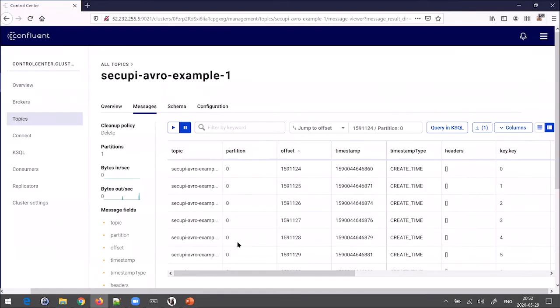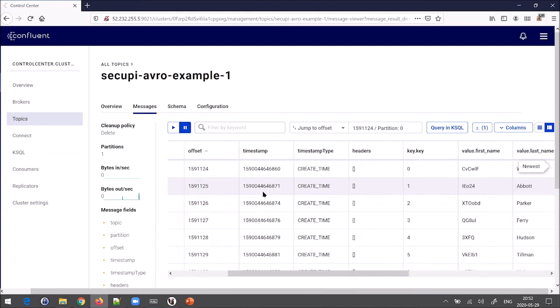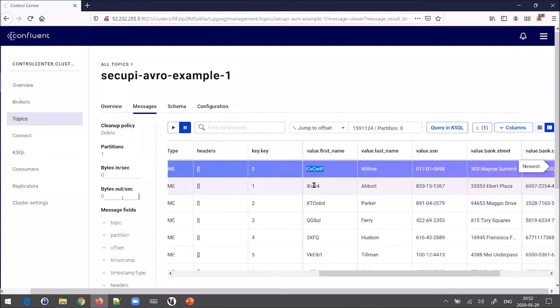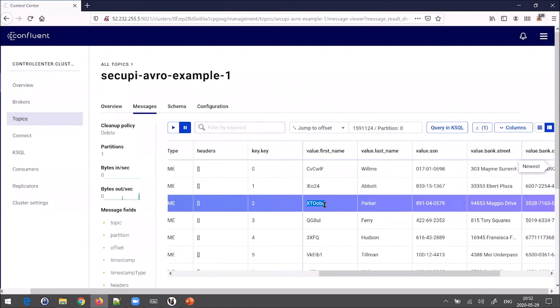In our setup, we embedded SecuPy in the Kafka producer so that when we stream the data into the Kafka cluster, we implemented a rule that will encrypt one of the fields here, namely the first name. So when the data landed in the cluster, they looked like this, with the first name fields encrypted. Now on the other side, we will query the data here using KSQL.